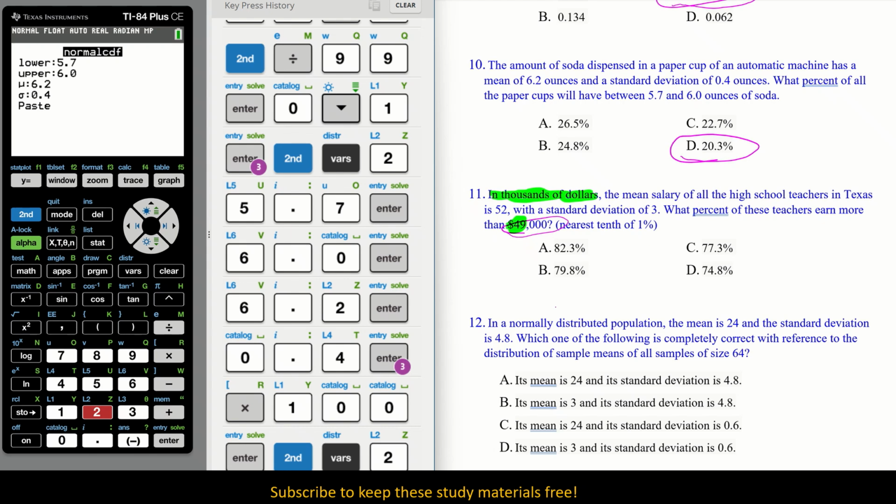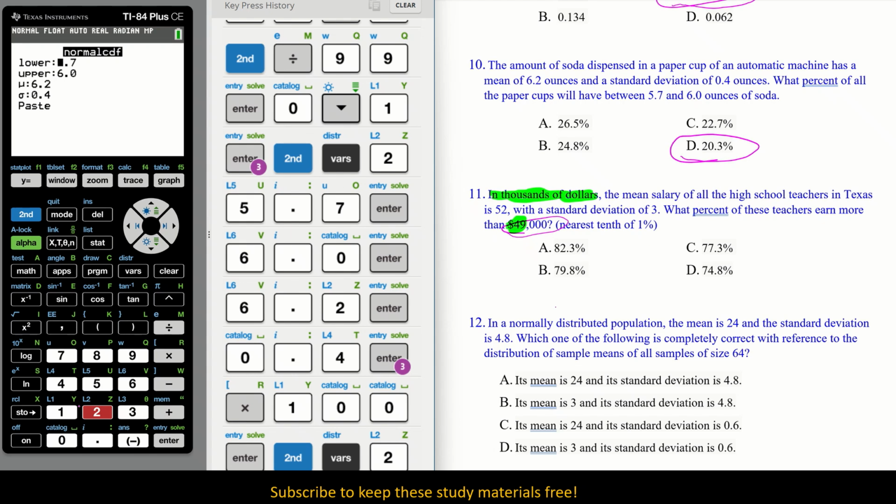Now you may not remember this from your coursework, but because we're conducting a comparison and we are saying more than this, and we are not receiving a z value, this is an actual number of comparison of 49. We need to say that our lower is 49.5, and we can get away with the 0.5